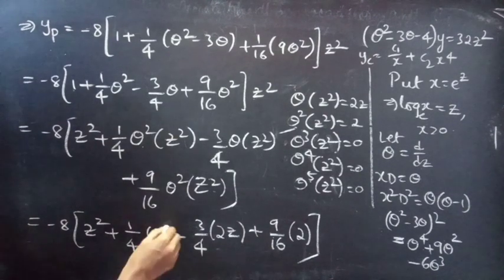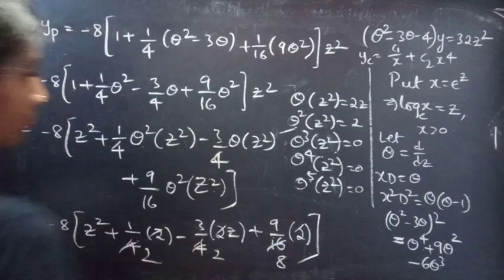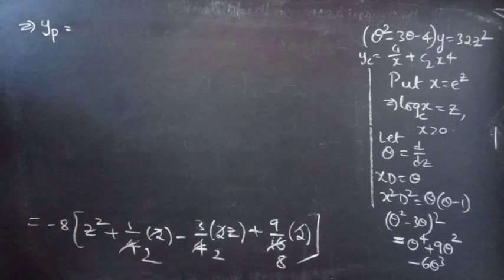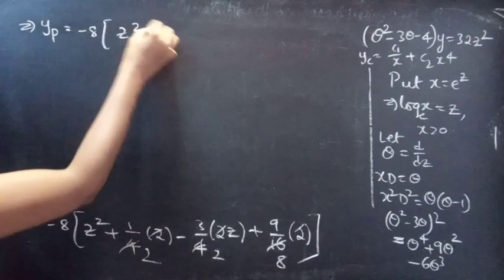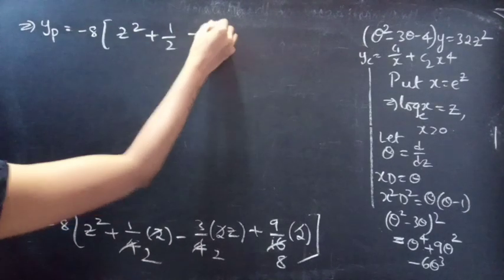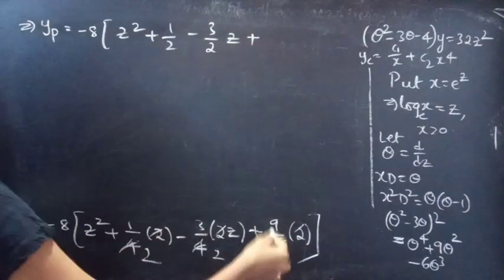Okay, 2 2s are 4, 2 8s are 16. Then yp becomes minus 8 into z square plus 1 by 2 minus 3 by 2 z plus 9 by 8,